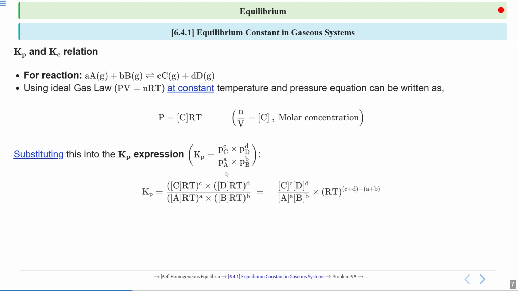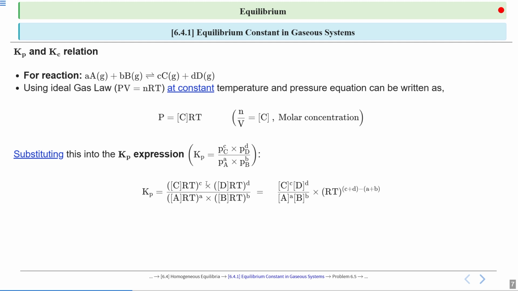Now if you put the pressure term as CRT, then we can write the concentration of C multiplied by RT raised to the power c for the PC. Similarly for D, we can write the concentration, and for A and B, we can continue with the same. Then after doing this, what we can do is put RT aside. If you take this RT common, then they all will have a power of c, d, a and b. Now since the bases are the same, you can just take the individual contribution from each and subtract